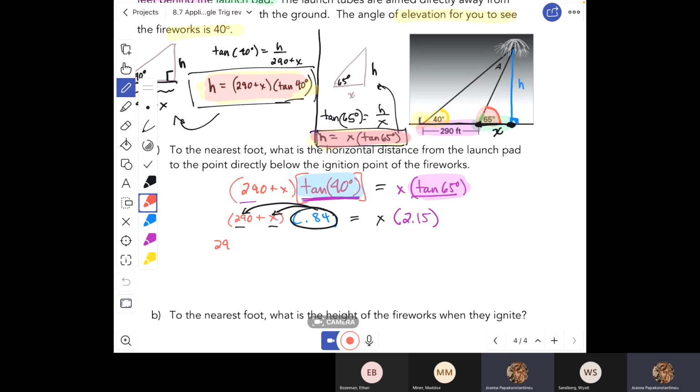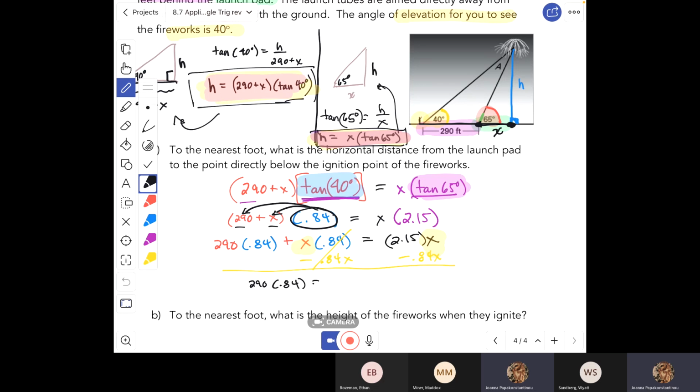So let's say I did this: 290 times 0.84 plus x times 0.84 equals, and I can put this first if I wanted to. It doesn't matter. Now I'm solving for x. I have two terms that have x's on them, so I have to get all those x terms on one side of the equation. It doesn't matter where you move them, just get them on one side. This is gone, so that leaves me with 290 times 0.84 equals